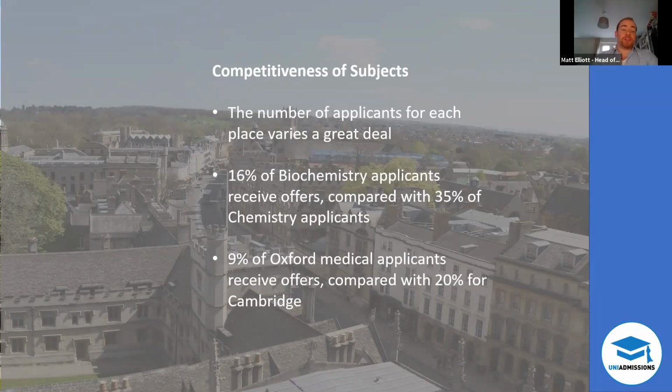The example I like to use is if you look at Oxford, only 16% of people who apply for biochemistry get a place, but more than double that number get a place if they just apply for straight chemistry. And the number for biology is somewhere in between, something around 21, 22%. So if you really want to study biochemistry, but you're worried that you're not going to get in because of that really high level of competition, there's an awful lot of shared content with chemistry. Biochemistry is, I'm not going to count the characters, but it's something like 70% chemistry.